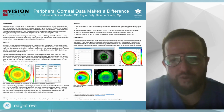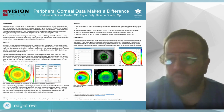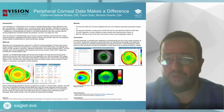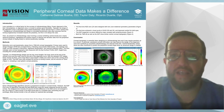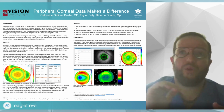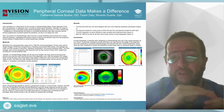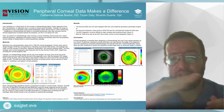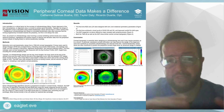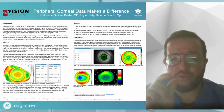Have you ever wondered why OrthoK lenses sometimes decenter, no matter how precise you're trying to achieve that fit? The reason that it usually happens is if you're doing it with an empirical fit and you're just measuring 3 millimeters at the center with an autokeratometer, that usually will make a suggestion on the rate of flattening of the cornea, on the eccentricity, and therefore you won't get that precise alignment because you're just measuring 3 millimeters at the